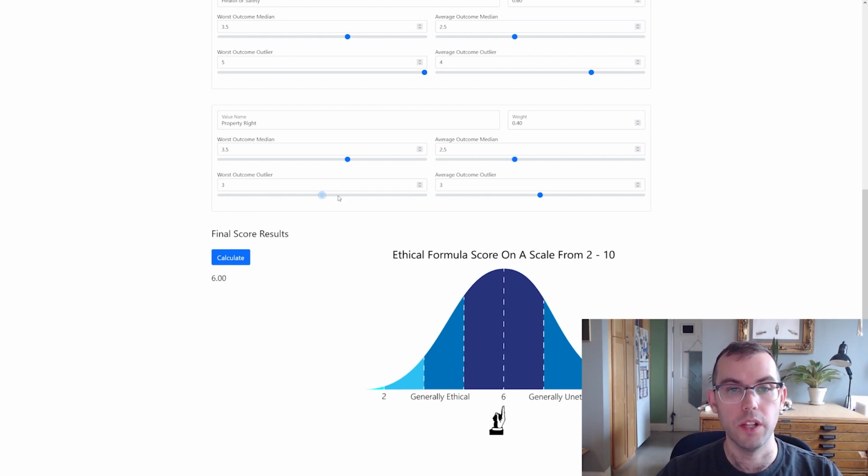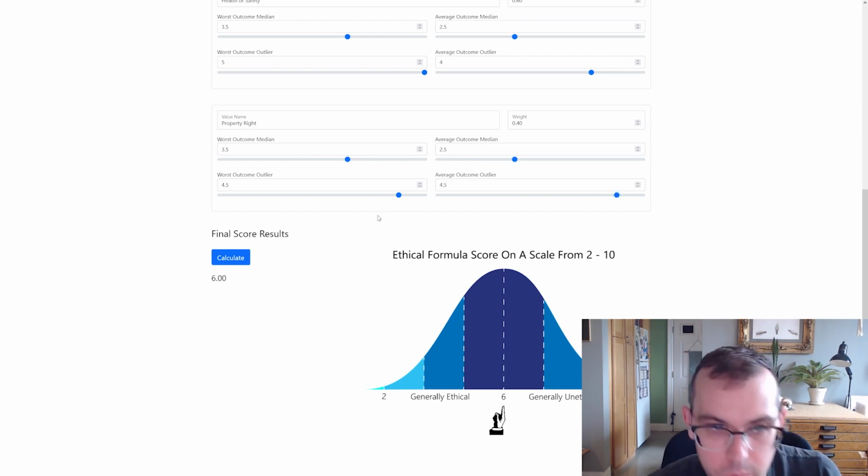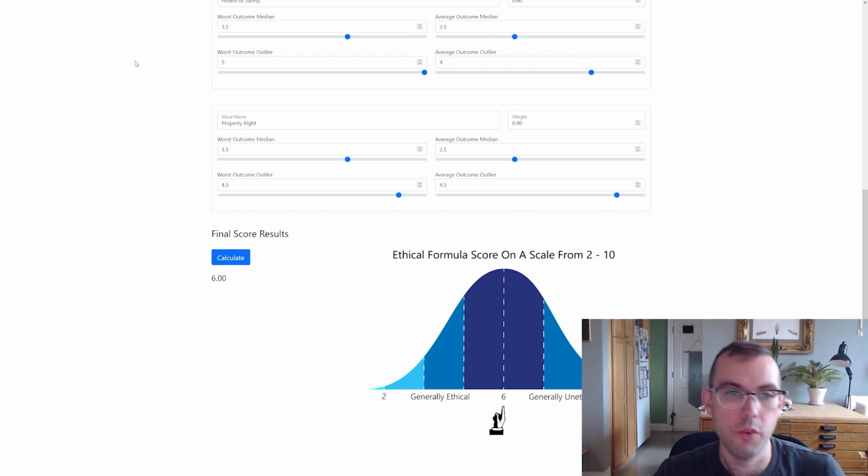And then our worst outcome outlier, my car, I should have a car, but we'll just say it explodes in a ball of flame. So now I've completely lost my property. That feels taken. Maybe 5 is a little too harsh because it is just property, so we'll do a 4.5. And for the most part, if it burns and my car's gone, that's probably pretty bad too. So yeah, we'll also do a 4.5. Okay. So I've kind of walked through what I think are the rights and the outcomes and the outliers.